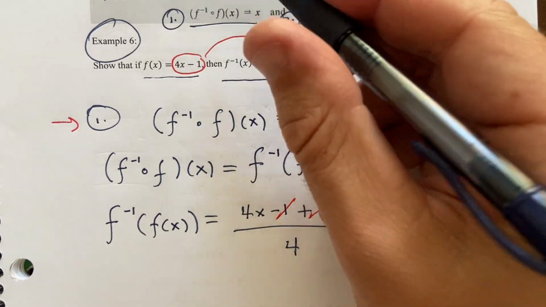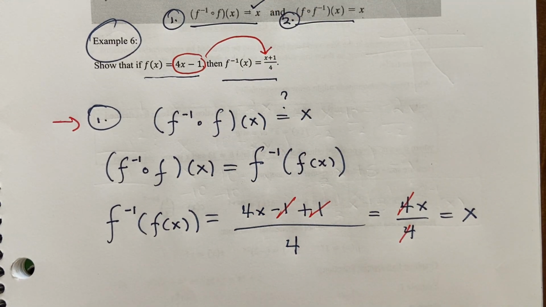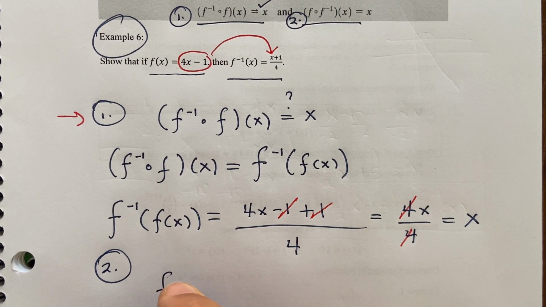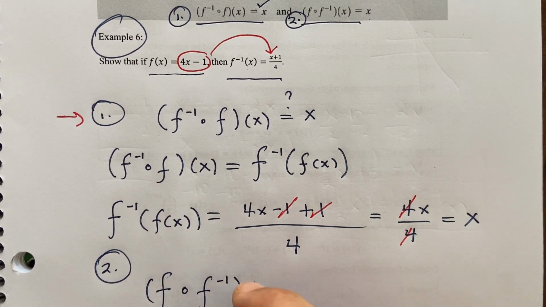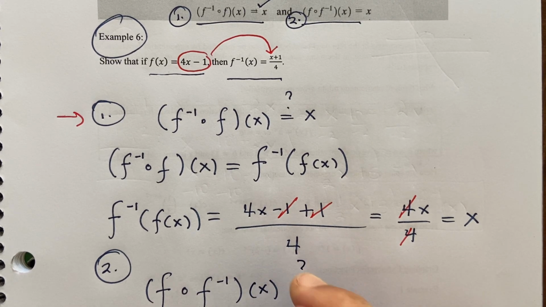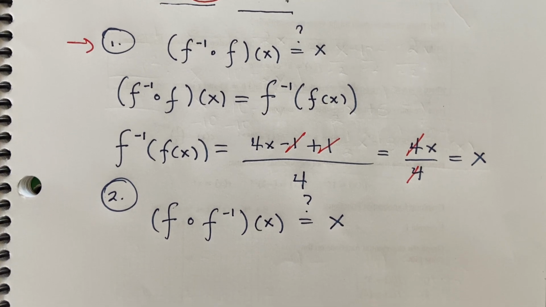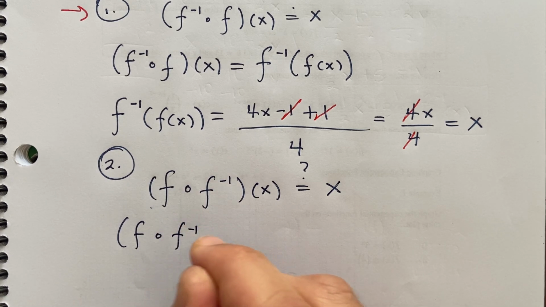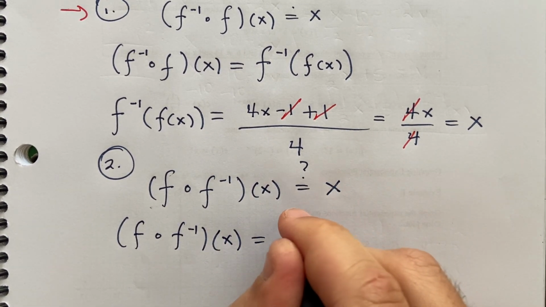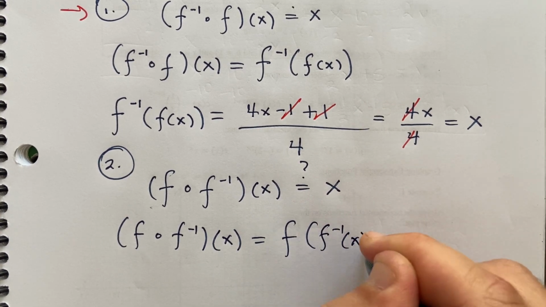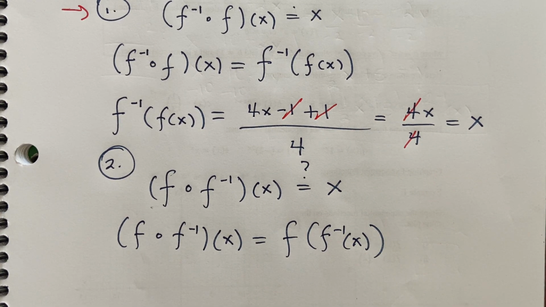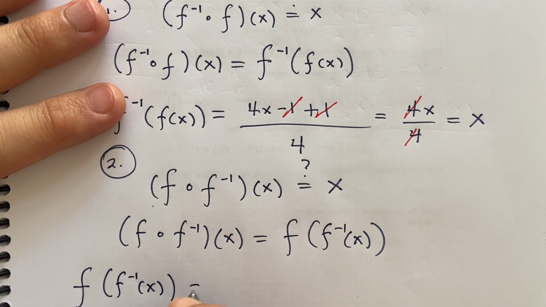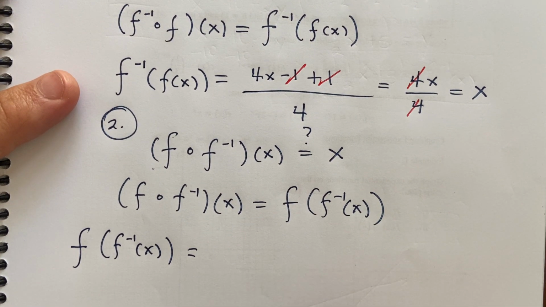So I just did this one. So that first one checks out. But the other part of the check is necessary. So now I'll take f composed with f inverse of x and make sure that that also equals x. Keep in mind that this here, f composed with f inverse, would be the same as f of f inverse of x. So f of f inverse of x would be the same as taking now,